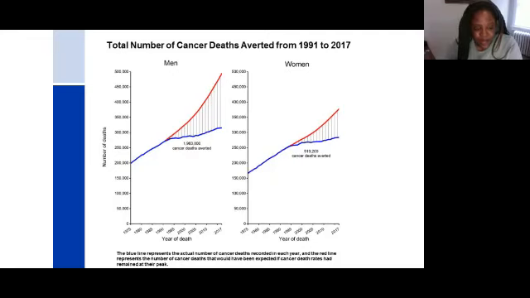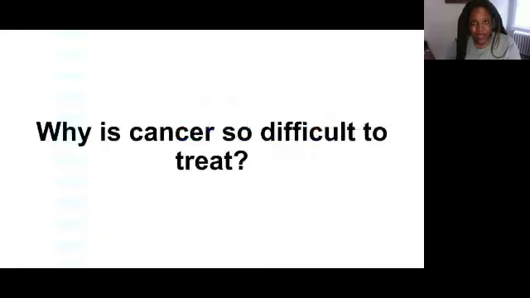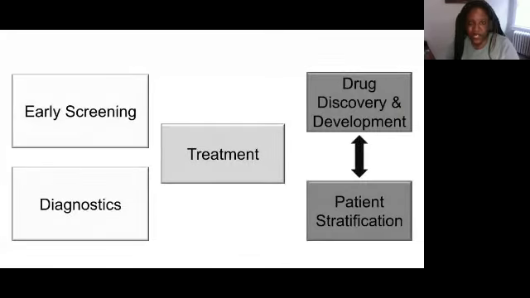And as a person who works in nanoparticle therapies, trying to design therapeutics, this question of why cancer is so difficult to treat can also take on a different meaning for me. Part of this is early screening and diagnostics. The earlier you can detect cancer, the better the outcomes may be, and there is investment in these types of technologies. And then there's also the treatment aspect, which gets into healthcare, clinical trials, and efficacy,